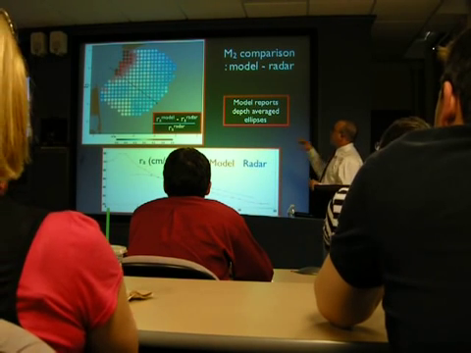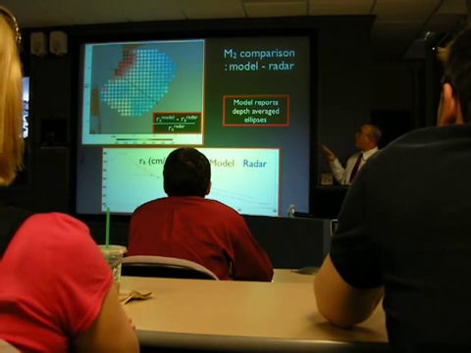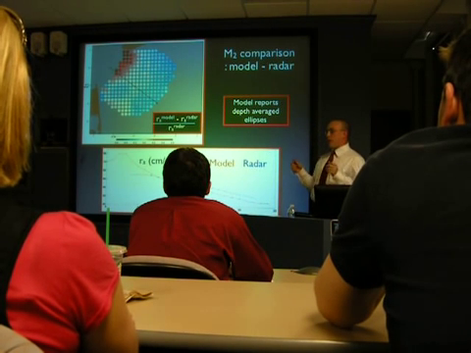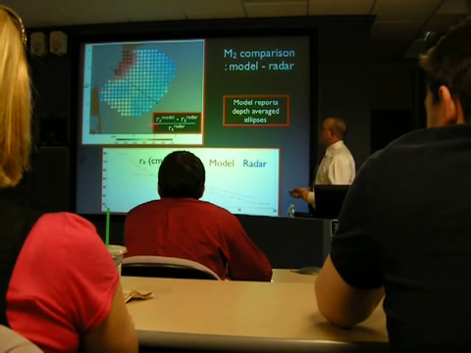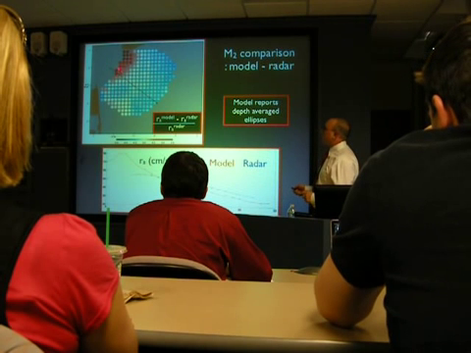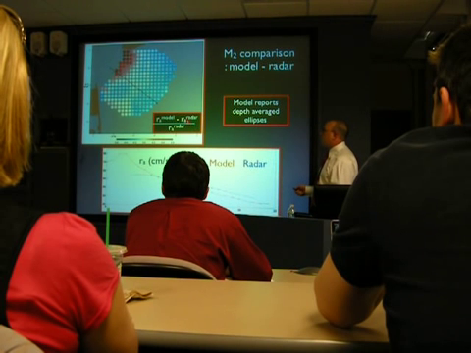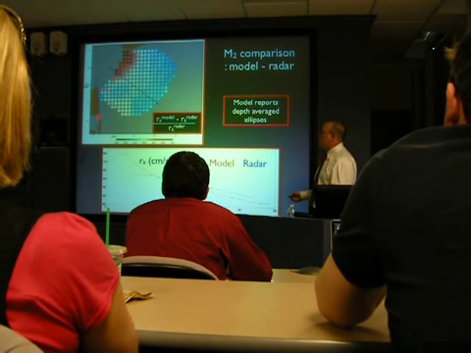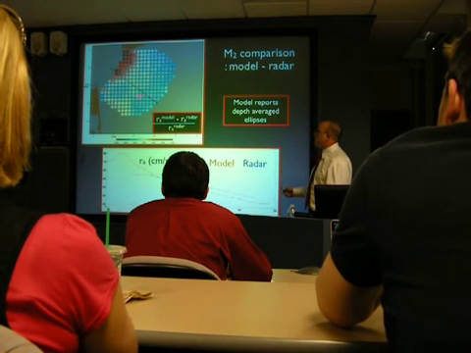So this is just a comparison between this M2 tidal model and our radar data. This came about because of a comment to a recent paper, and I showed the tidal model earlier, that's from Whitney and Garvine 2008. So this figure up here is showing the semi-major axis of the M2 tidal ellipse for the model minus the semi-major axis of the radar for M2, normalized by the radar. So we see here, for a large portion of the domain, the model is underestimating the semi-major axis, which is